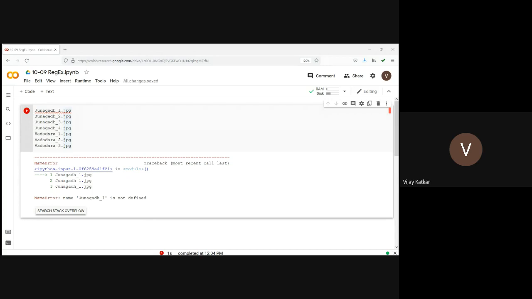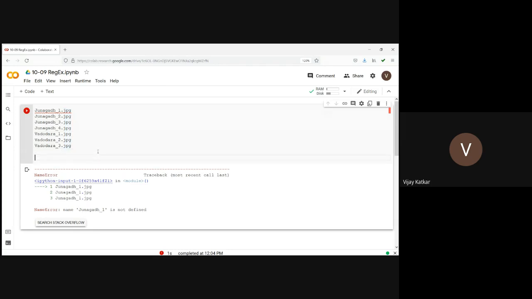At that time, what you need to do? One simple manual way is to go through all the files and check which are for Junagadh and which are of Vadodara. It takes a long time, but you can solve this problem with the help of regular expression, where you can match the pattern. The pattern you are looking for is something like this: Junagadh_*.jpg.